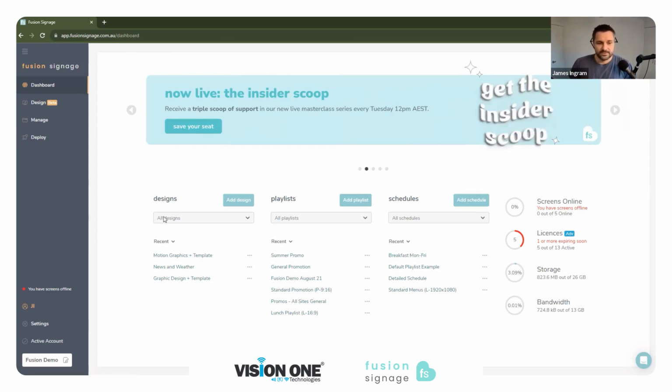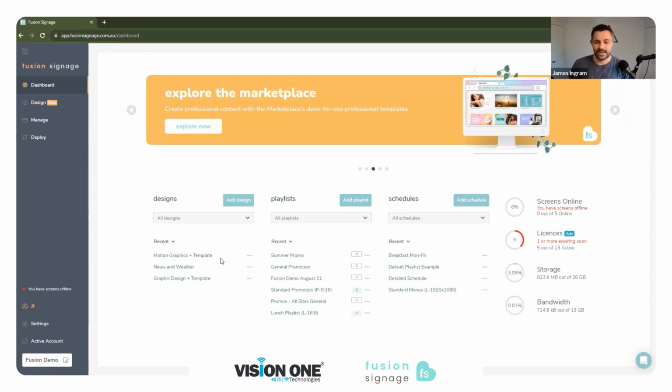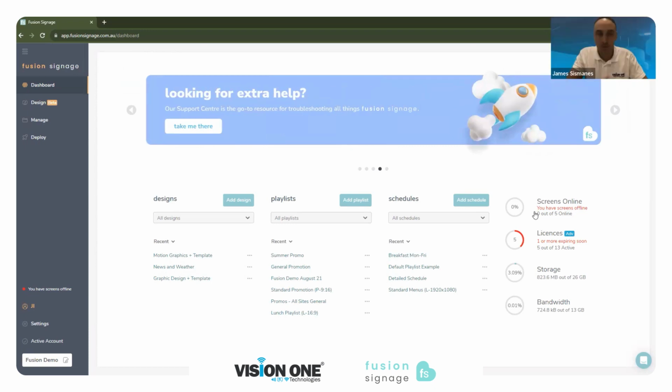So that's kind of what you're seeing here, the designs that you can build within Fusion, all of the playlists and some of the schedules as well. So you can quickly access any of this to make any changes on the fly, which I'll show you towards the end. So on the right, we have some...